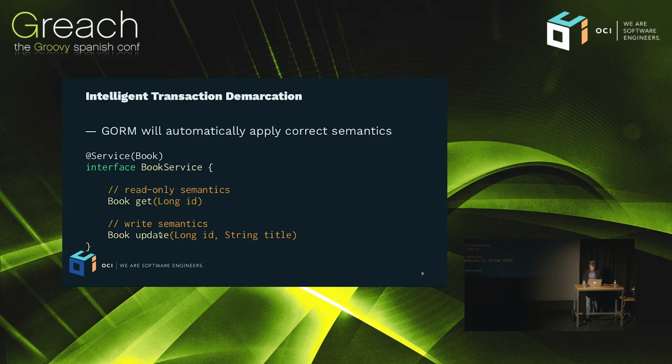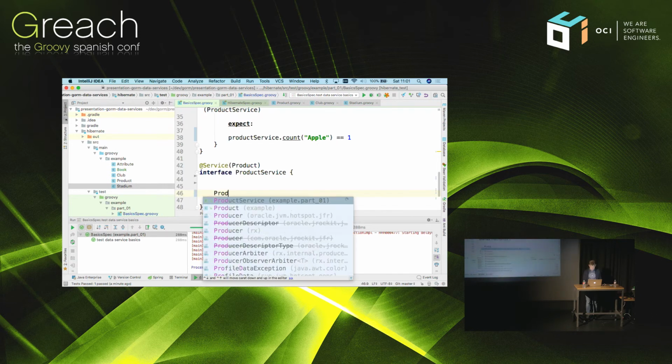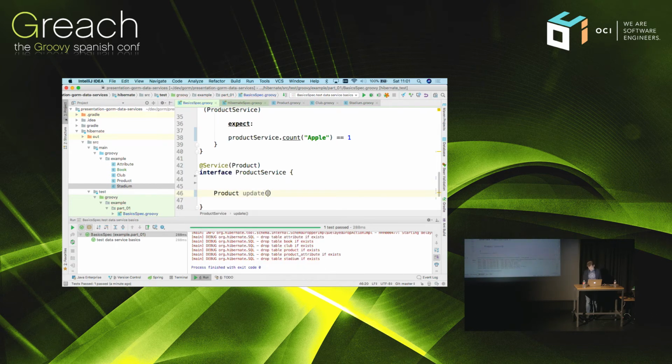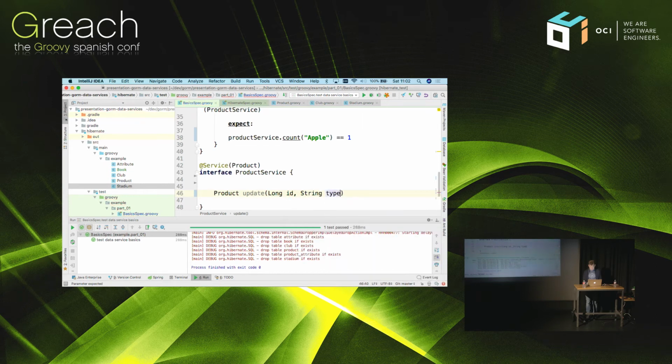This actually brings me to another example in terms of efficient updates. You can define update operations, so you can load a particular book by ID, and the ID has to be the first argument. That's one thing, and you can say we're going to update the type, and then you can say